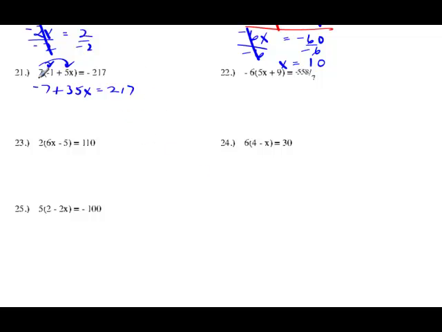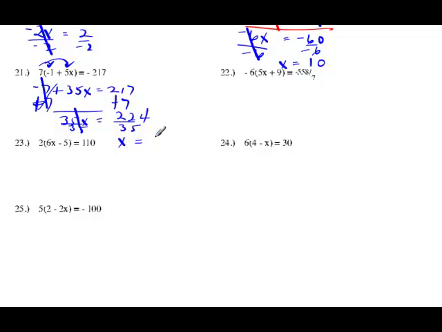Easy. So you take care of the number term first. The opposite of negative 7 is positive 7. Then we get 35x equals, what is that, 224? Okay, I'm multiplying by 35, so I divide by 35. And x equals,